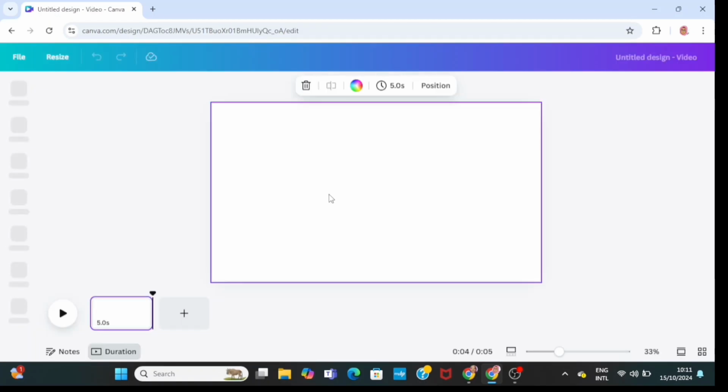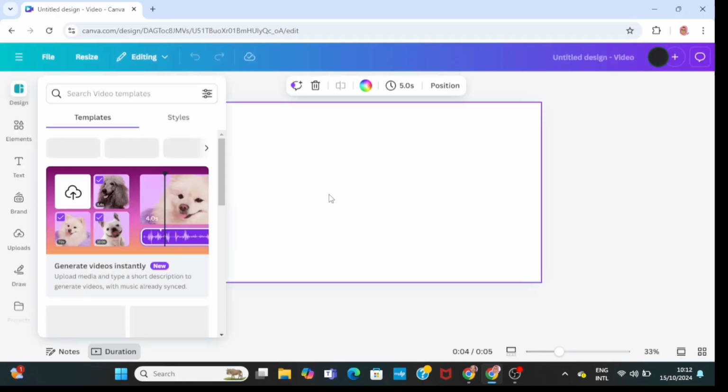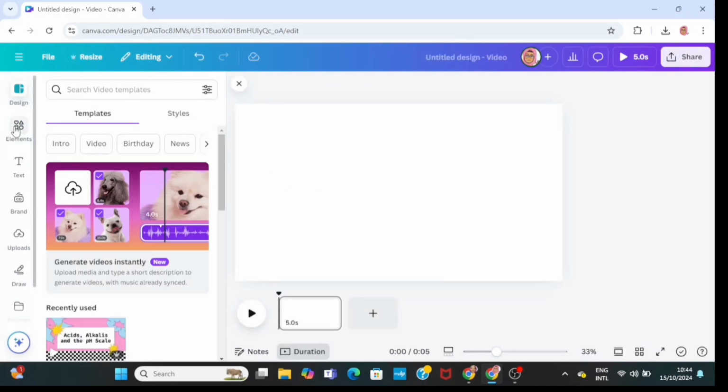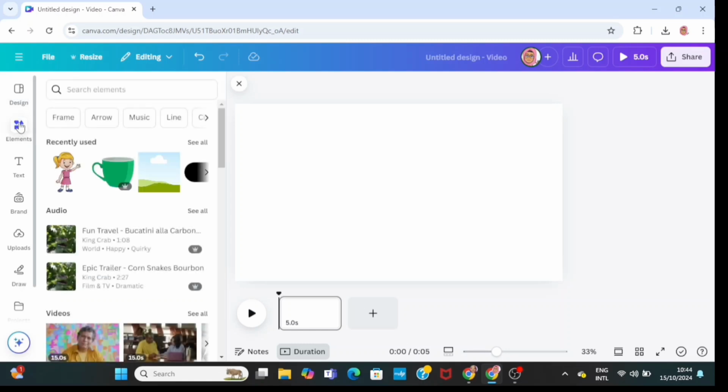At the left hand side of this video design is what is called the Canva toolbar. That is the element, text, upload, draw, and whatever. So the first one is the element. I'm just going to click on it. Once you click on the element, you have access to so many things that you can use to enhance your design. So you can first click on the search and search out anything, or you can click on